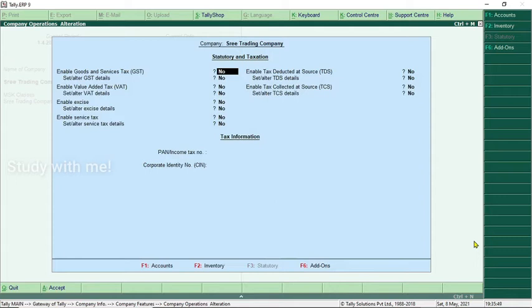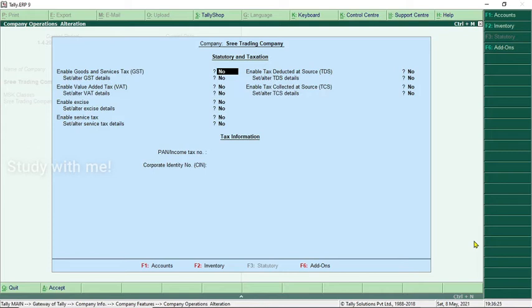It is all about GST and taxes, TCS, excise duty, service tax, PAN numbers, corporate identification number, and others. I'm going to make a whole new explanatory video for GST alone and TDS alone, the basics, and PAN, income tax, CIN. All these will be in a single video. Within 15 minutes, I'm going to explain all those things in a separate video.